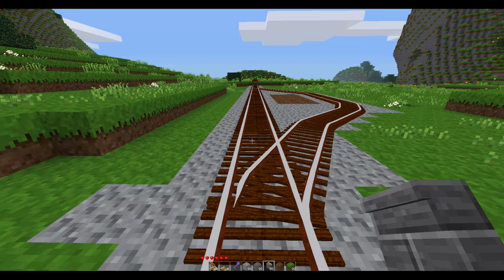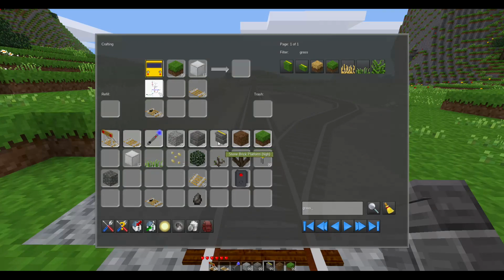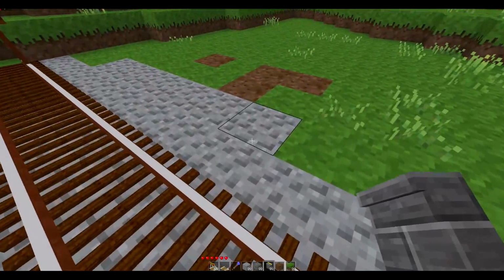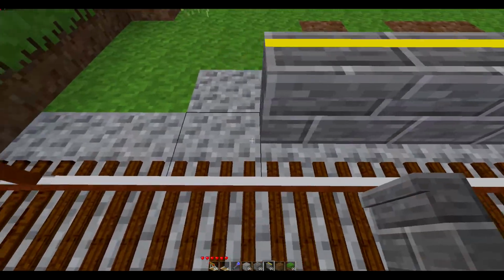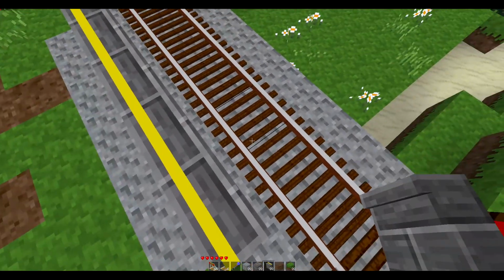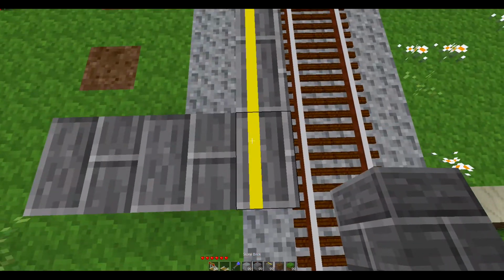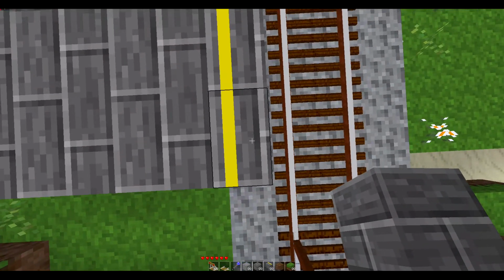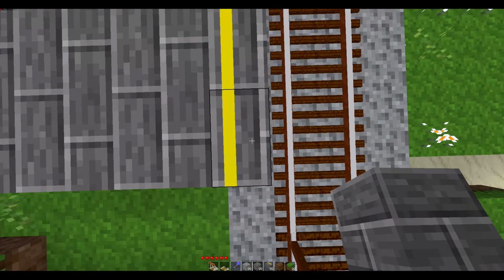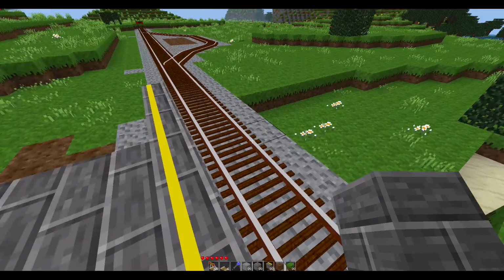Speaking of stations, it's time to install our first station. Advtrains comes with platform blocks. We place the platform blocks just one block away from where the track is, and the platform actually serves a functional purpose. So when you stand on the edge of a platform and a train arrives at the station, you'll automatically enter the train,